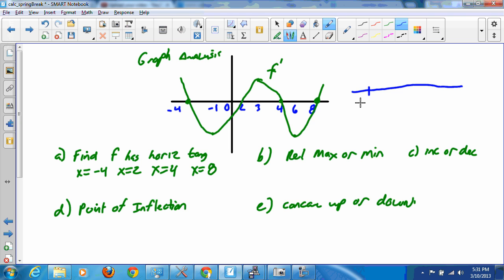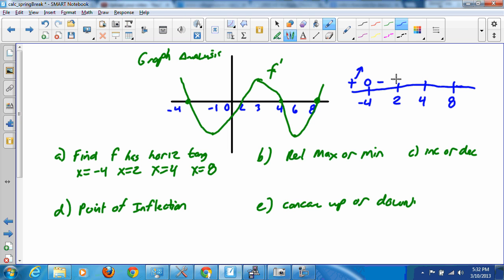So we can just set up a -4, set up 2, set up one at 4, set up one at 8, because those are the horizontal tangents, or where the first derivative equals 0. And we can just look at the sign of the derivative. So here to the left of -4, the derivative is positive, so that means the function is increasing. We know it's 0 at -4. Then it turns to negative,